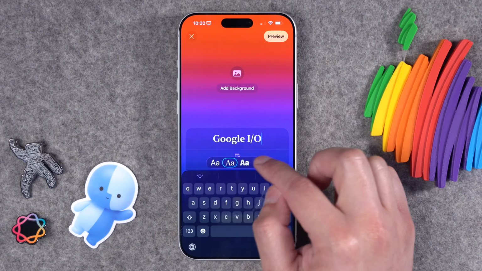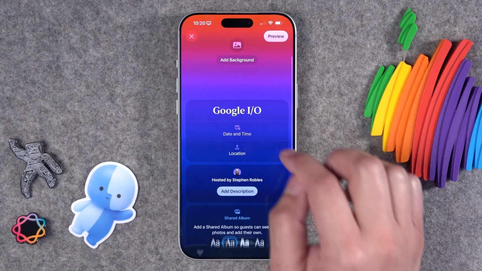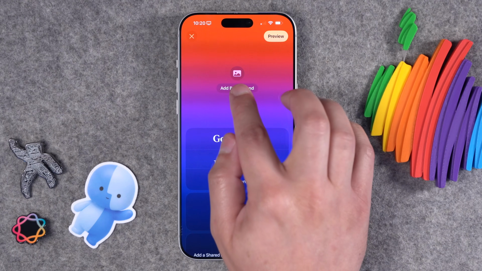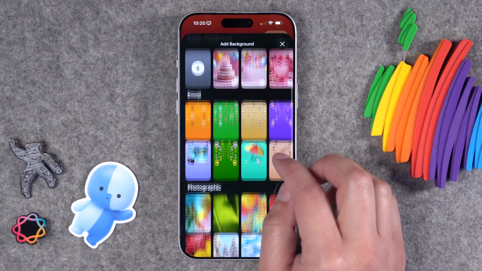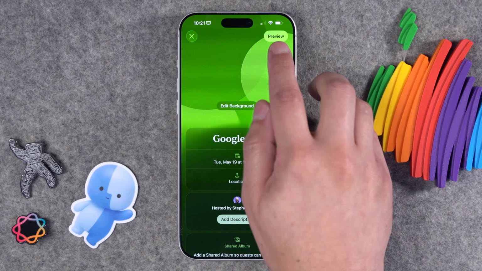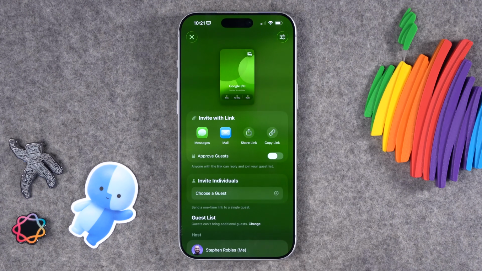And whatever font you choose for the event here will actually be used in the widget. You can set your date and time. Then you can upload an image of your own and that will be used in the widget, or you can have Apple Intelligence generate something. I'll just use the green color down here, tap preview, and then once that event is created, you can have